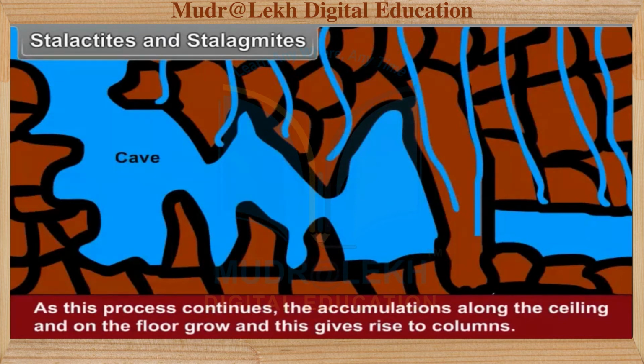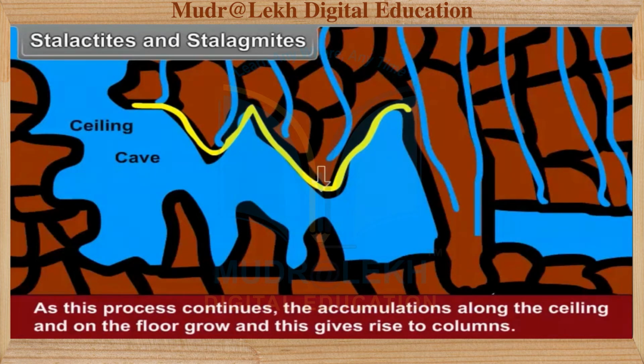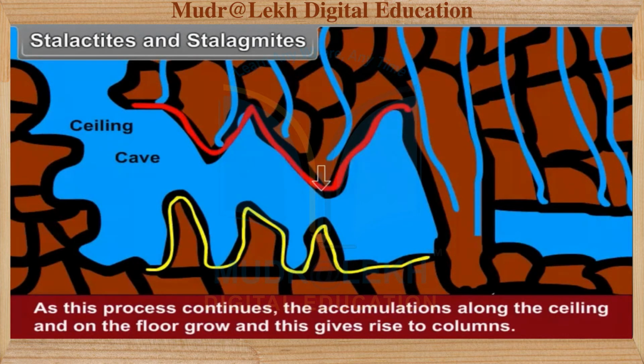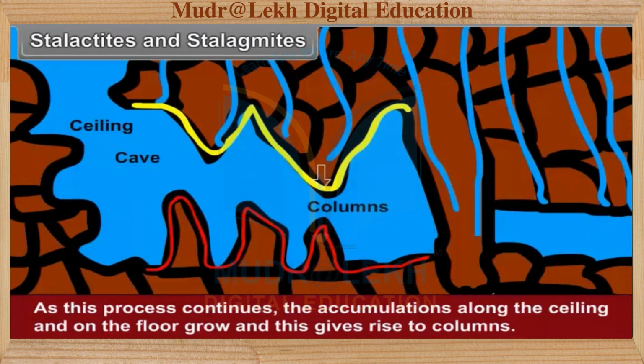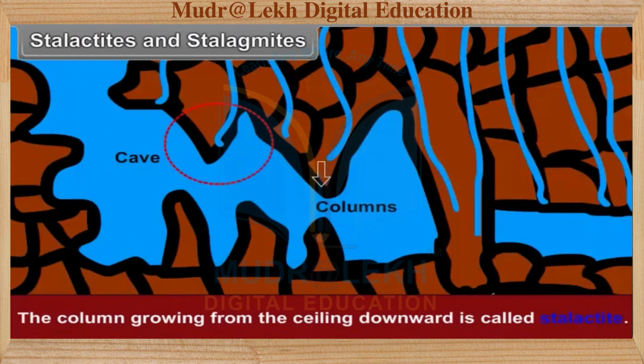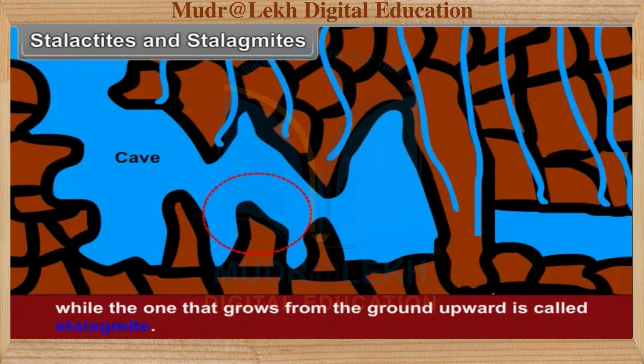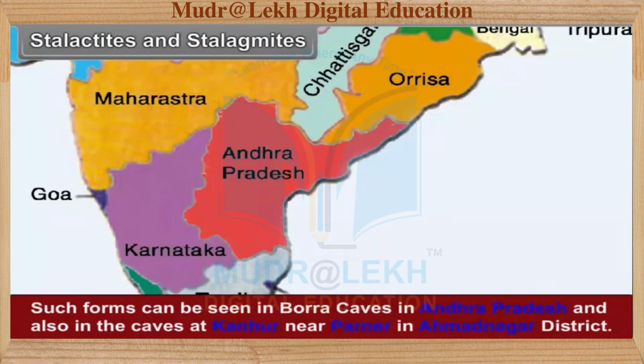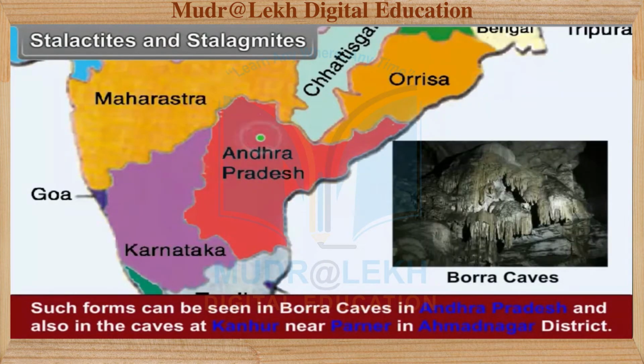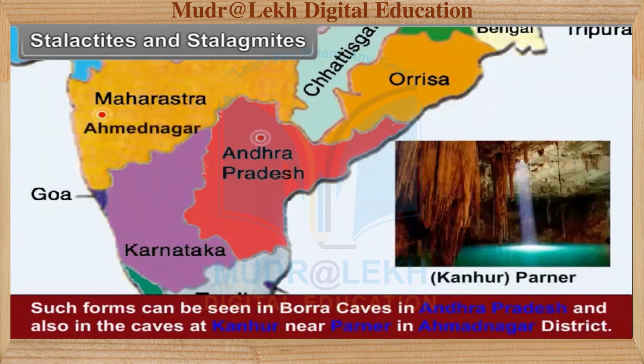As this process continues, the accumulations along the ceiling and on the floor grow, and this gives rise to columns. The column growing from the ceiling downward is called stalactite, while the one that grows from the ground upward is called stalagmite. Such forms can be seen in Borra Caves in Andhra Pradesh